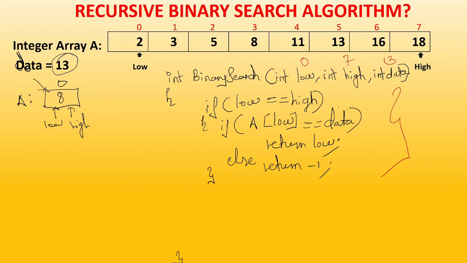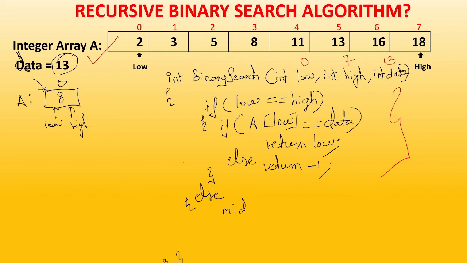Now this case is when we have only one element in the array. Now there can be more than one element, as in our example, where we have a total of 8 elements. In this case we have to apply a recursive approach. Now if is over, we'll write the else part. In else, what will come? First we have to find the mid position. Based on the mid only, the binary search algorithm works. We need three things in the binary search algorithm compulsorily.